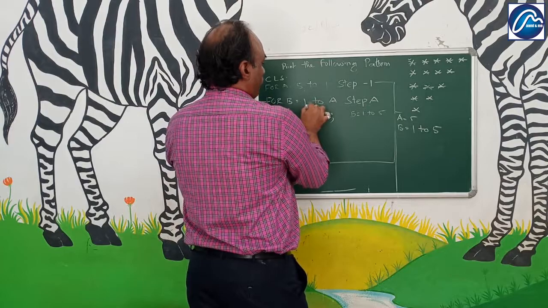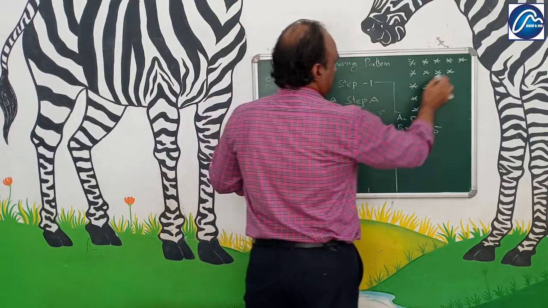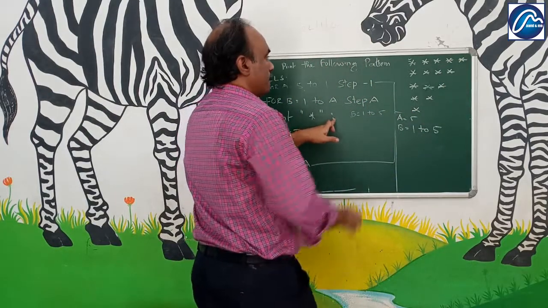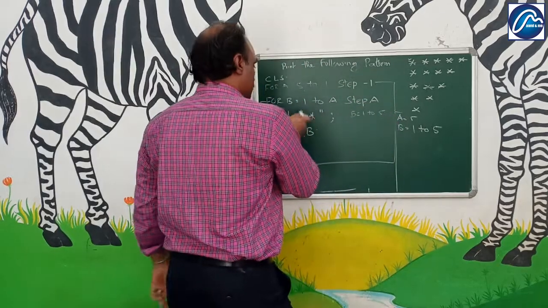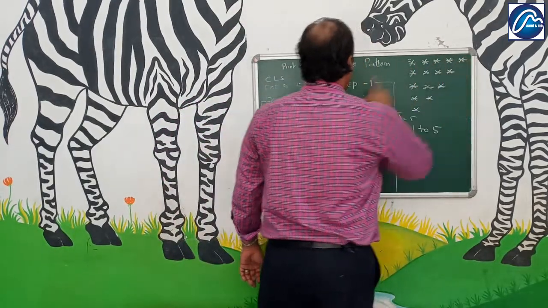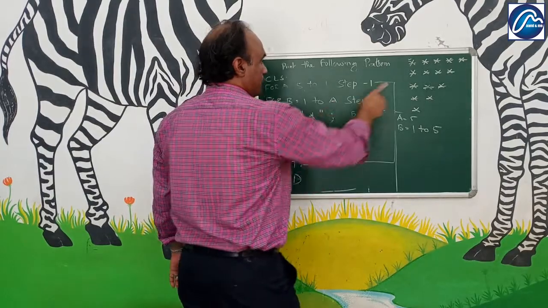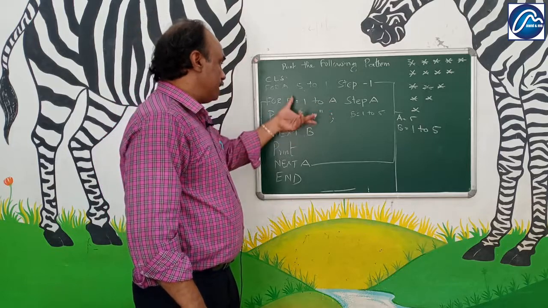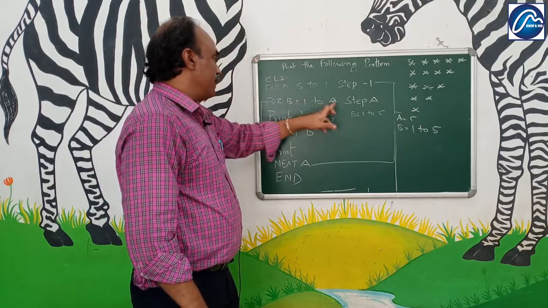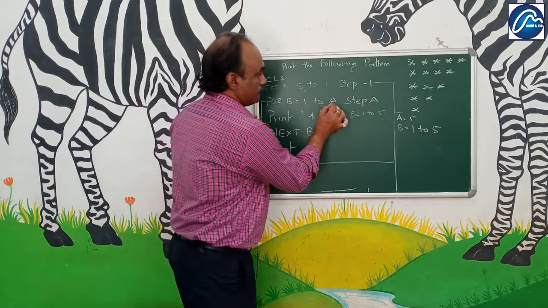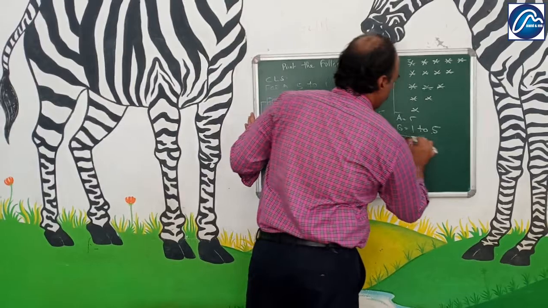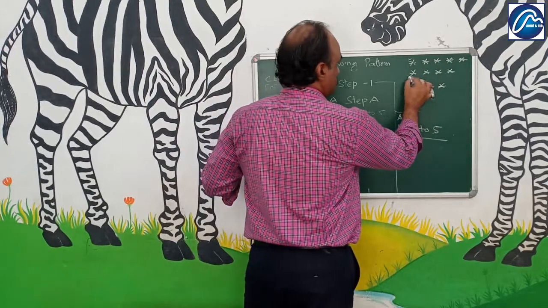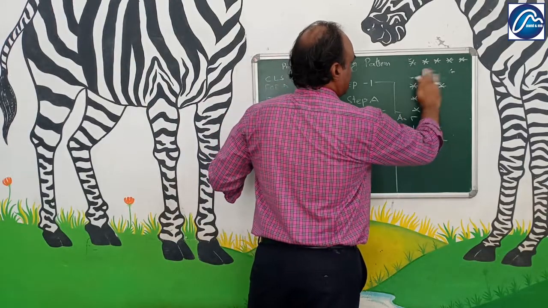What is the value of B here? 4 to 5. So fourth printing takes place because semicolon has been given. The cursor moves next. Again it comes down. Next B, the value of B is 5. 5 to 5 it will remain. Again printing will take place. Now next B will be 6 to 5. That is not taken because the initial value is 1 and the end value is 5 here. This is one loop which is over. Now it comes down. When the print is given down, the cursor moves down. The cursor is here now.